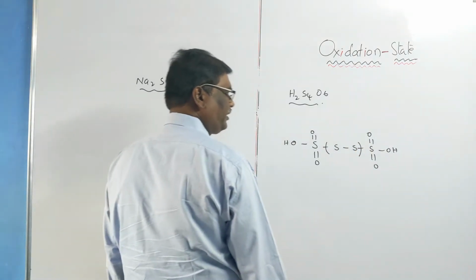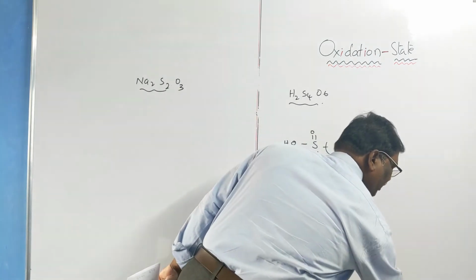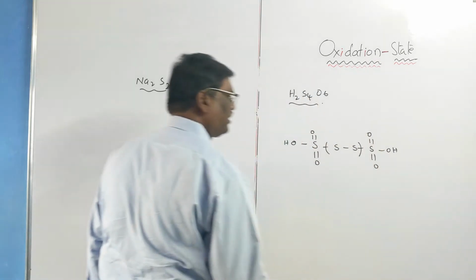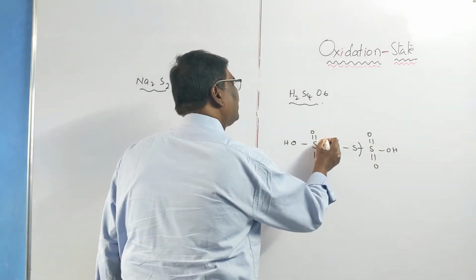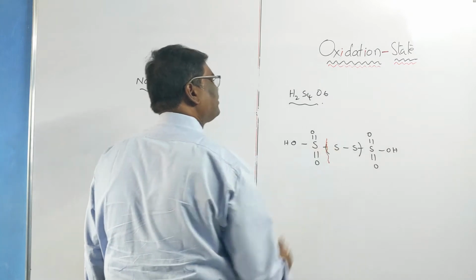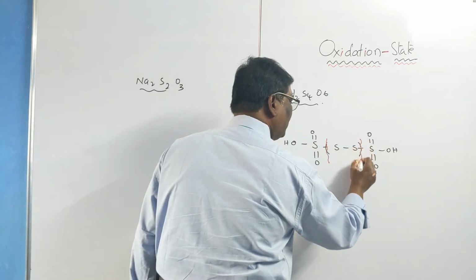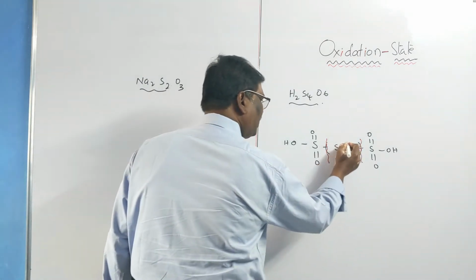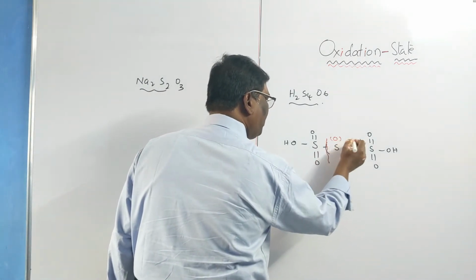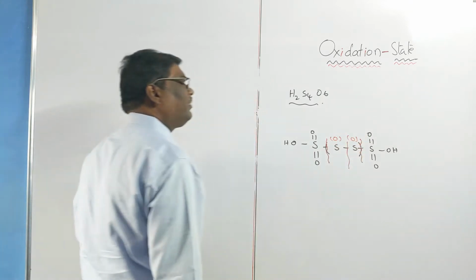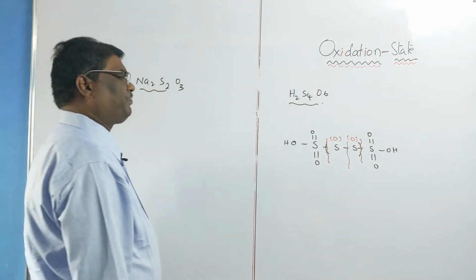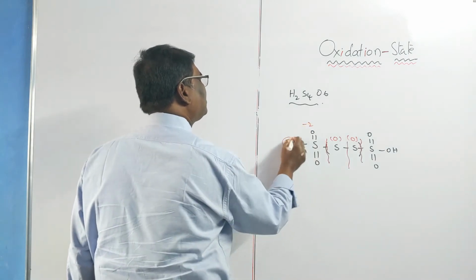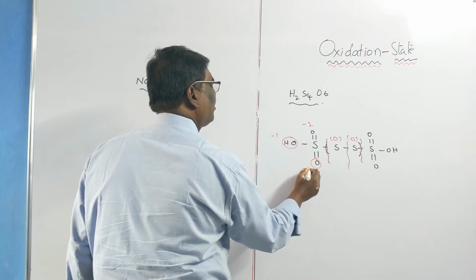Now we have to find the oxidation state. In this one, first the terminal sulfurs are estimated. You remember these are 2 like atoms. Between like atoms there is no difference in electronegativity. That's why the sulfurs in between 2 sulfur atoms will take 0 oxidation state. We estimate the remaining. So this oxygen is -2, this is overall -1, this is overall -2.